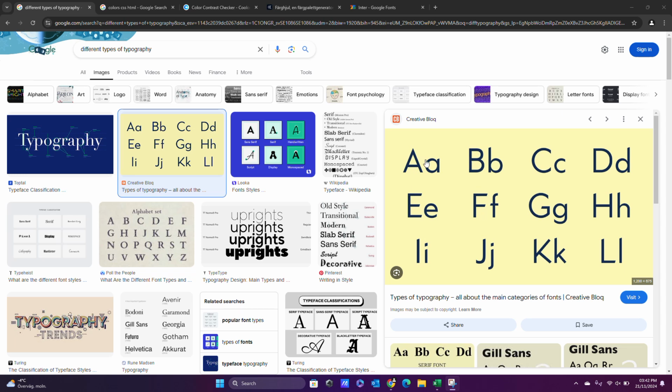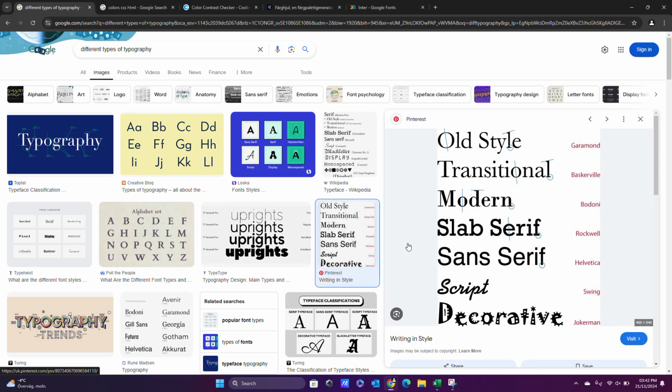As you can see here, this is a type of typography. This is a way to write the text. As you can see here, here you have more styles. So here you have sans serif, script, decorative, slab serif, modern. There are a lot of different ways to style, and to make it easier, some developers have